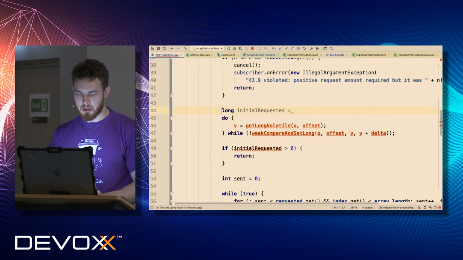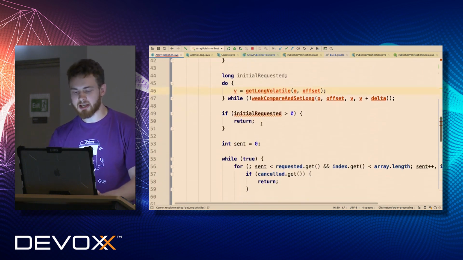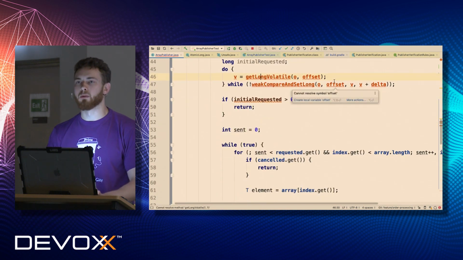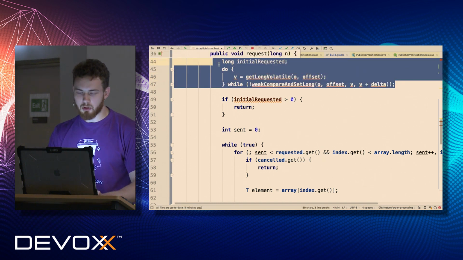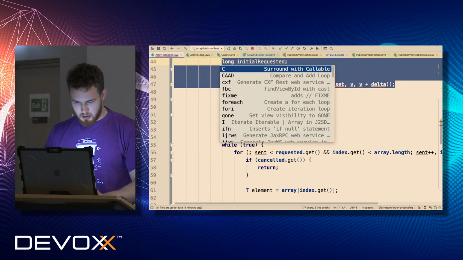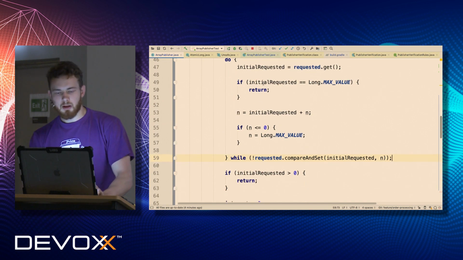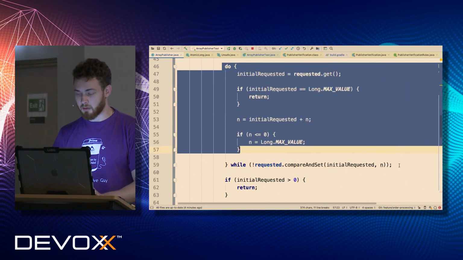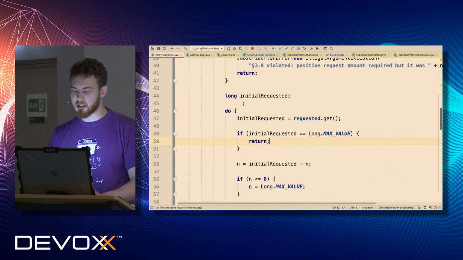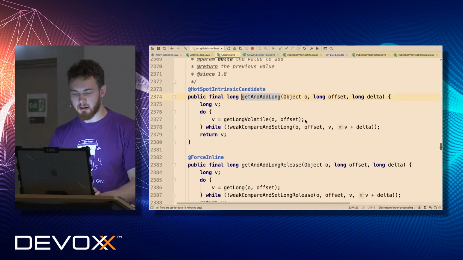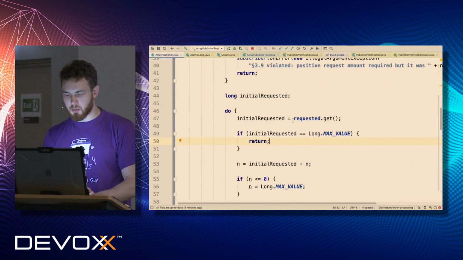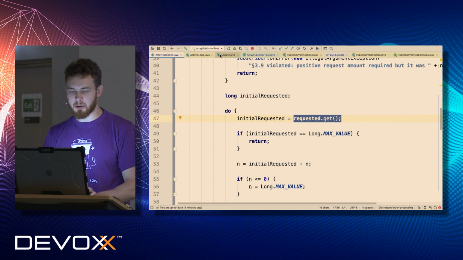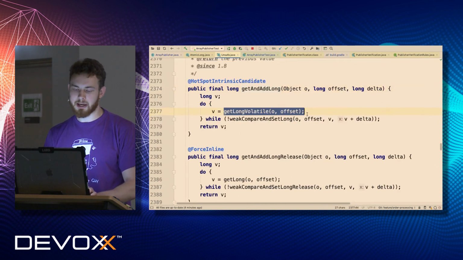So we have to do absolutely the same do-while loop, and we have to use this atomic long, etc., but check that there is no overflow. Does it make sense? So I'm going to use some shortcut again, and I'm going to put this loop here. But in general, it's doing the same. If you compare this versus ours, we will see that we are reading the previous state from our requested field. The same happens here, get and long volatile. This is basically the same.